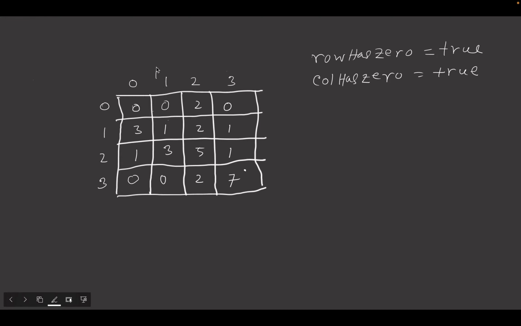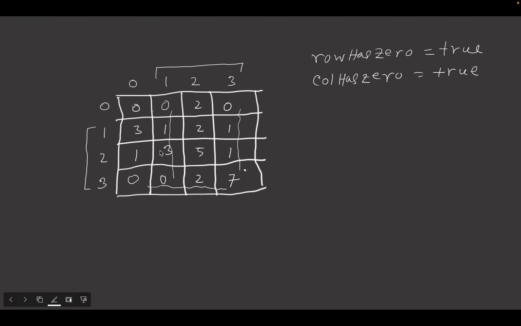We'll iterate the first row from index 1 all the way to the end. Just the first row. Then we'll iterate the first column from index 1 to 3. This is your first column. If we find a value in our row that is 0, then we will set the entire column to 0. Here we have 0, so we'll set this entire column to 0, and here we have 0, so we'll set this entire column to 0. Then we iterate this column, and if we have any value 0, we will set the entire row to 0. Here we have 0, so we'll set this entire